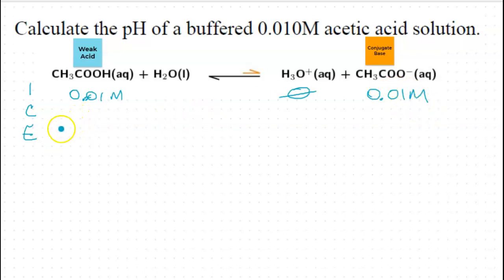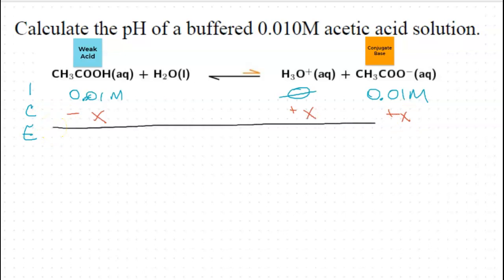So you can see that this is looking different in one very important way from the last problem we worked, and that is the fact that I'm beginning with something on the right-hand side. But I still have a 0 here for my hydrogen ions. So equilibrium principles say it has to move forward to fill in that 0. So when we start making our ice chart, I'm still going to go down by some amount x because I have to go forward to fill in this hole for the hydronium or hydrogen ion. So this side is going to increase by x on both of those. So then at equilibrium, I'm going to have 0.01 minus x. I'm going to have x amount of the hydrogen ion, and I'm going to have